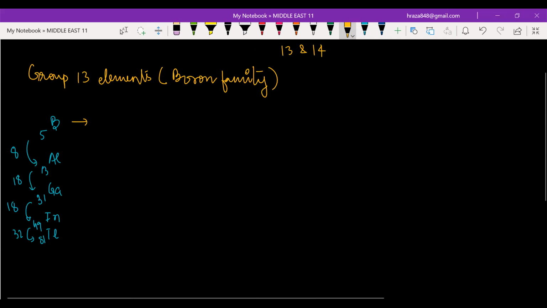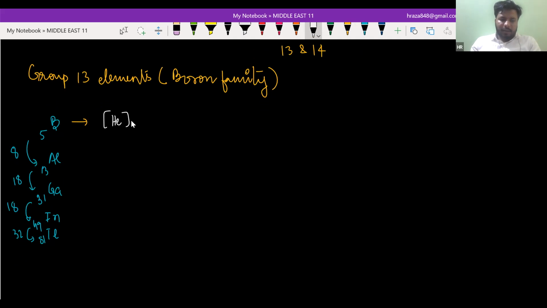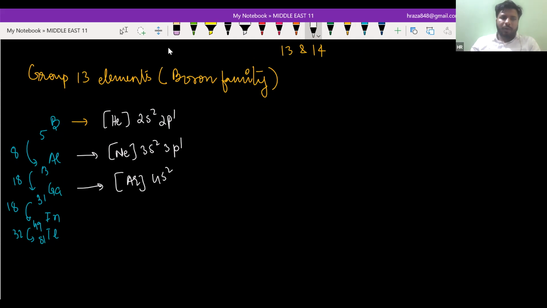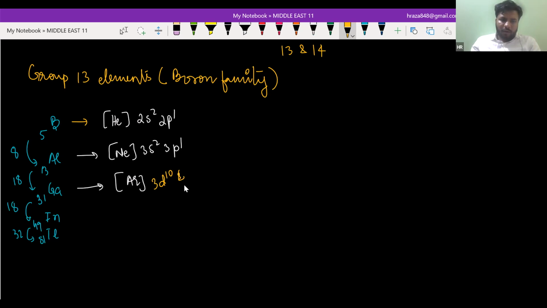Now the electronic configuration in terms of noble gases: helium 2s2 2p1, neon 3s2 3p1, gallium is argon 4s2 4p1, and for gallium we will have 3d10 4s2